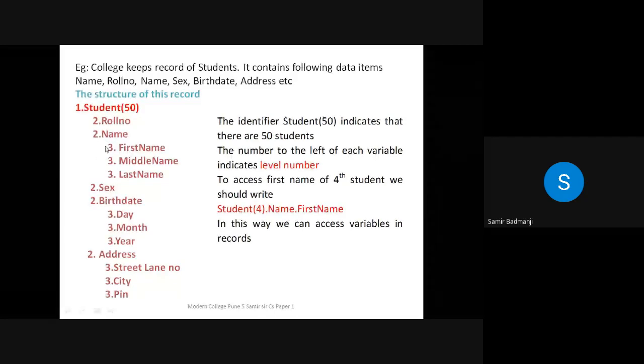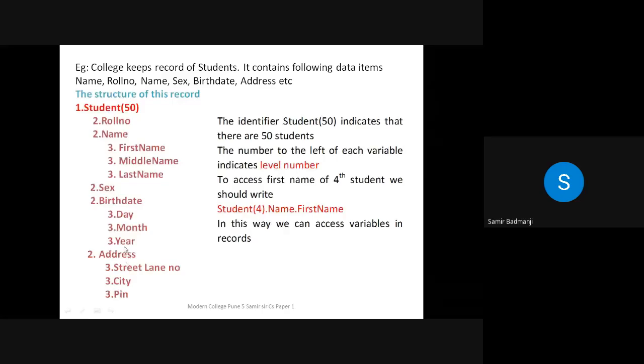Name is there, and further you go inside, so one more level increases. So this is the third level. Similarly for birth date. Now suppose you have state, city, and pin number in separate fields. So address is also a group item, and these are the elementary items.